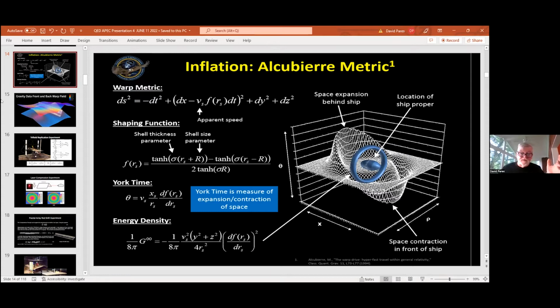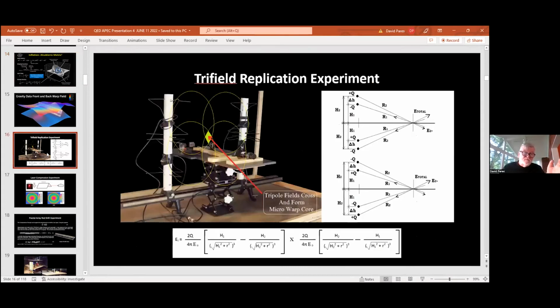And he would have more than likely been lost, ran out of fuel. Anyway, bottom line, it was taken into the lab. So this is what we do. We built an interferometer, we built some tripole antennas, and we use frequencies that I've done a number of programs